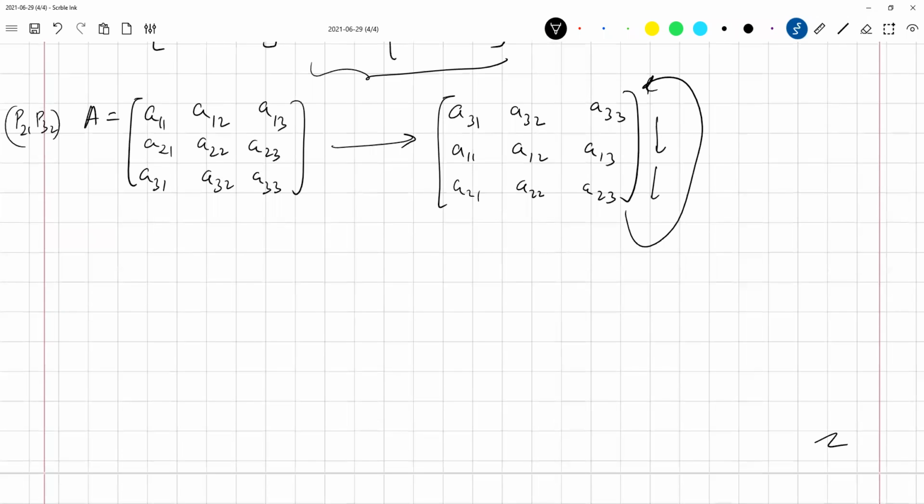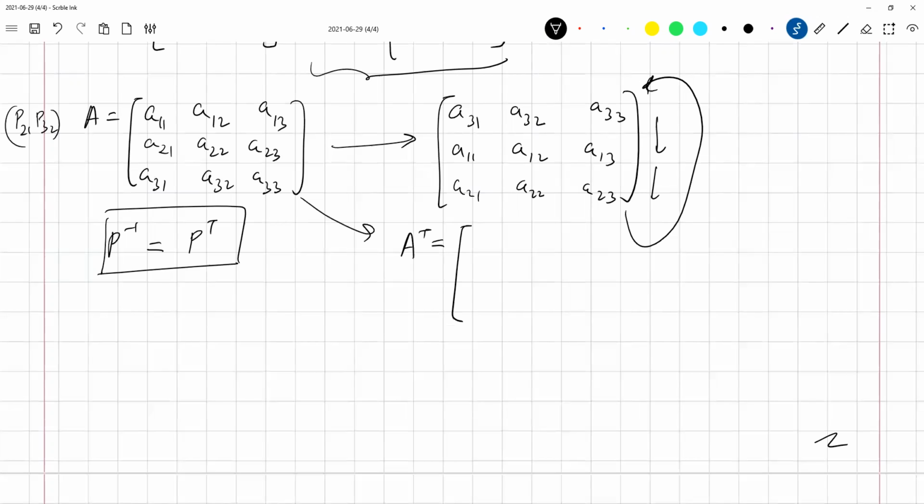We have not yet covered inverses, but let me tell you one thing, that P inverse is equal to P transpose. Okay. You know what transpose is? Row exchange with column. So you change rows with columns. So in this case, A transpose is going to be what? A11, A12, A13. So this row has become columns now. The first row has become the first column in A transpose. So this will be A21, A22, A23, and A31, A32, A33. Okay, so this is how the transpose is defined.